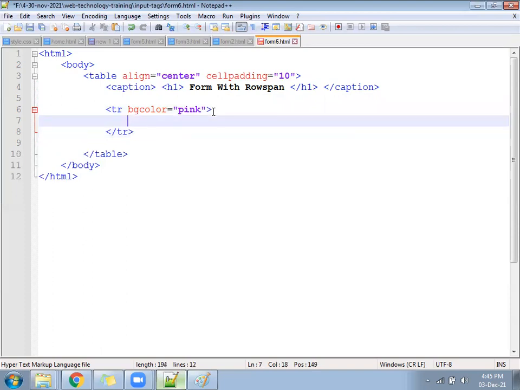In the first TR, follow one TD. Input type equal to text. Placeholder equal to "Enter your name".